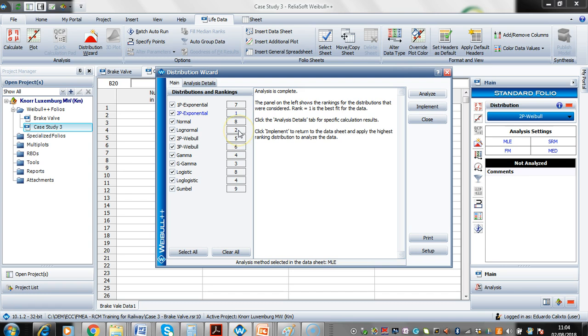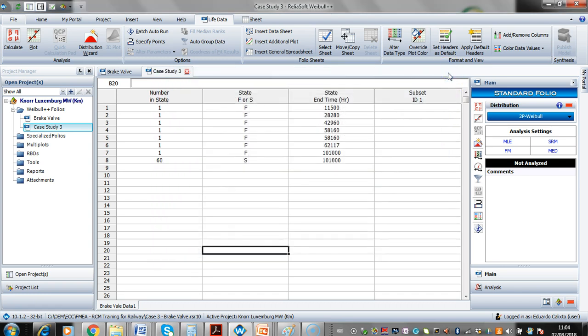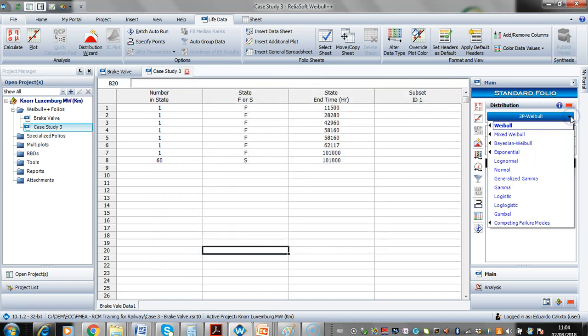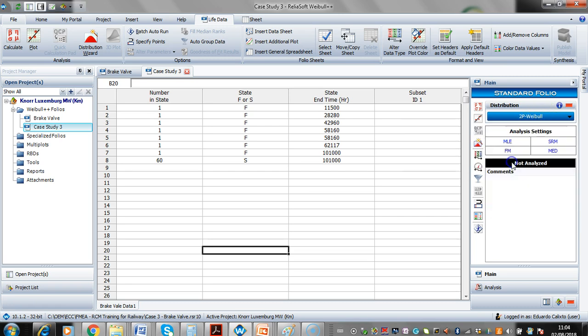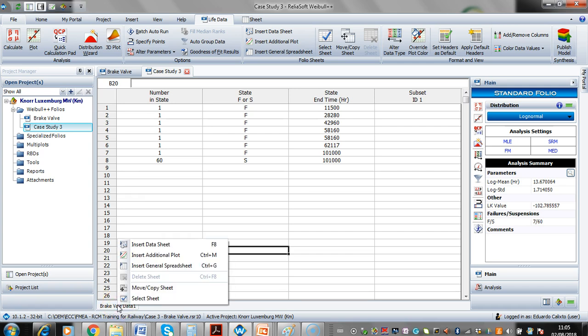In the rankings, the second one is also very well ranked, so I need to click in here, come directly to the options of the functions and choose lognormal. Since I chose the lognormal, I need to click in here to calculate, so the software will automatically calculate the parameters of the lognormal PDF. Okay, so the next step will be